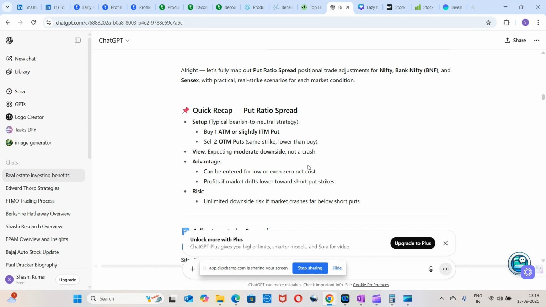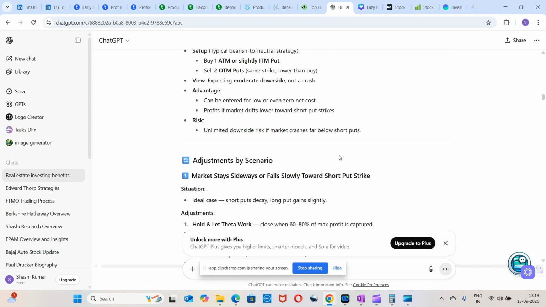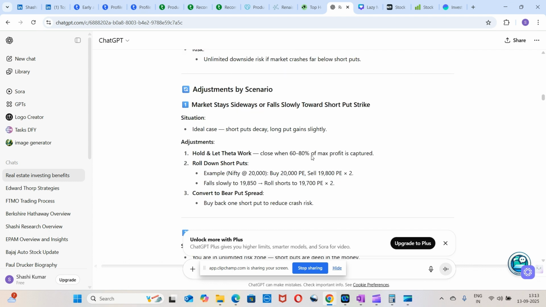Okay, advantages are it can be entered for low or even zero net cost, and the profits could be made if the market drifts lower towards the short put strikes. Risk is unlimited downside risk if the market crashes below short puts. Okay, so then the adjustments: if the market stays sideways and falls slowly towards your short put strike, that's an ideal case. So your short puts will decay and long puts